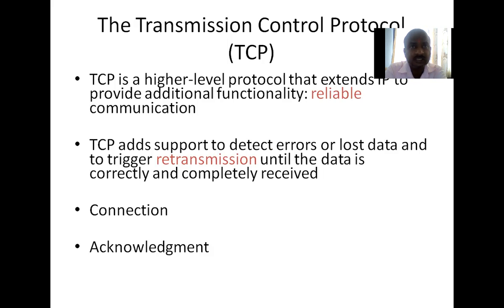If data is lost during transmission from source to destination, TCP retransmits the lost data until the data is correctly and completely received. And TCP is connection oriented, and it gives an acknowledgement while receiving the data at the destination.